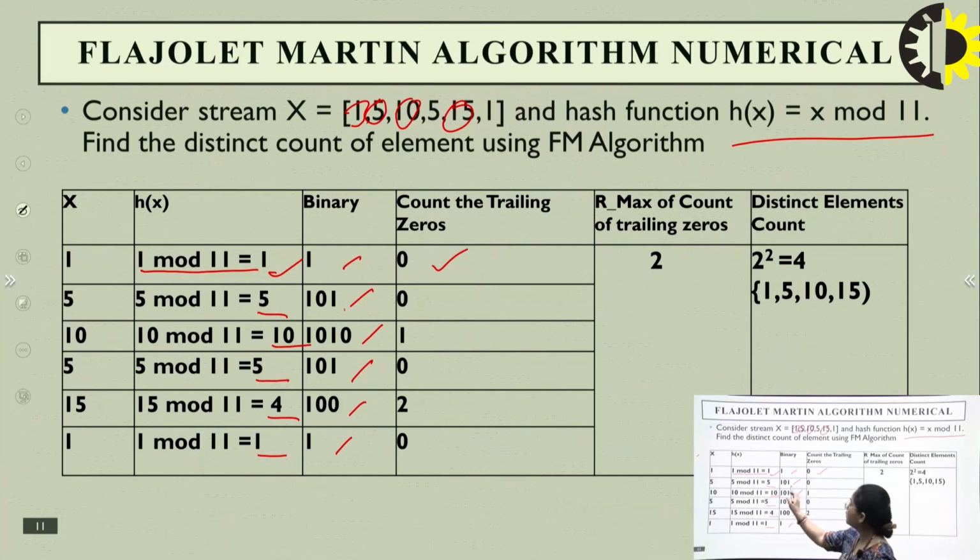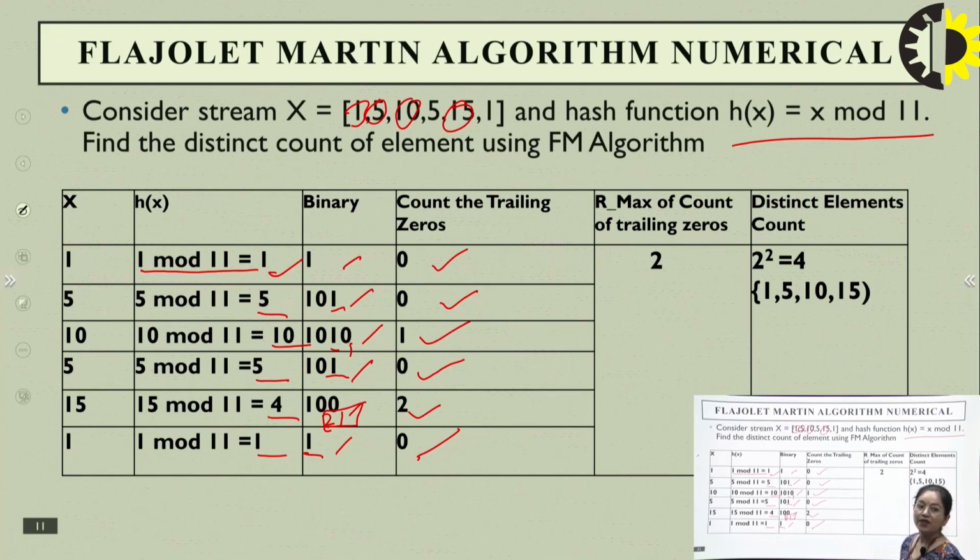Again, it is starting from 1. There is no 0 on the right hand side. So there is again 0. Now there is a 0. We will start counting. Okay, 1. Now there is 1. So only it will be 1. Here it is starting from the 1. As we know, we will count the number of 0s till we get 1. But it is starting from the 1, which means the number of trailing 0s is 0. So here it will be 0. Now here 1, 2, we got 1 again. So the number of trailing 0s is 2 and again 0.